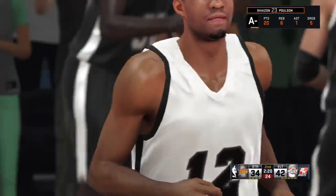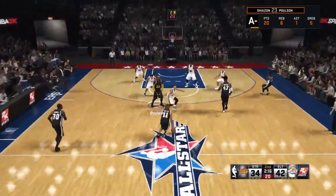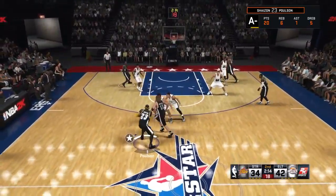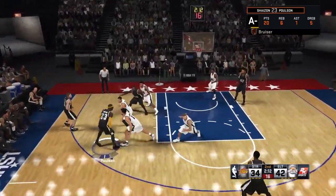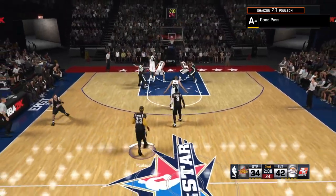Starting to get a little momentum here after that scoreless first quarter. The Stars trail by 8. Guys, they're looking for a way to score here. Yeah, they've had a tough time getting the lid off the basket so far. Here's Adams. And it's off from